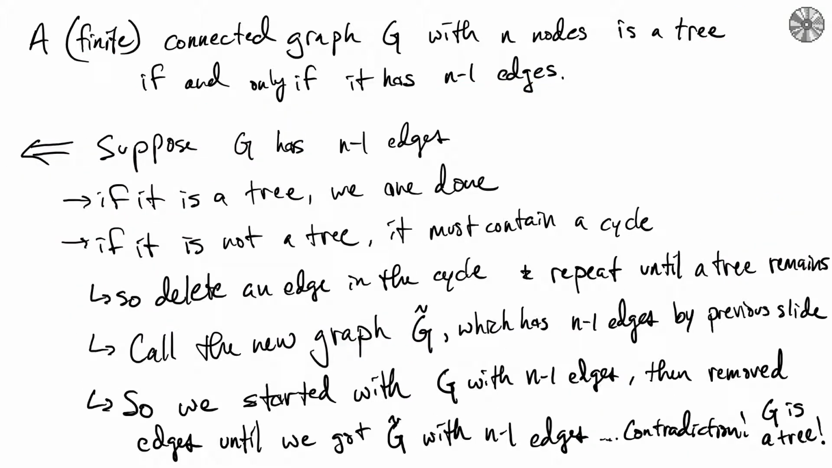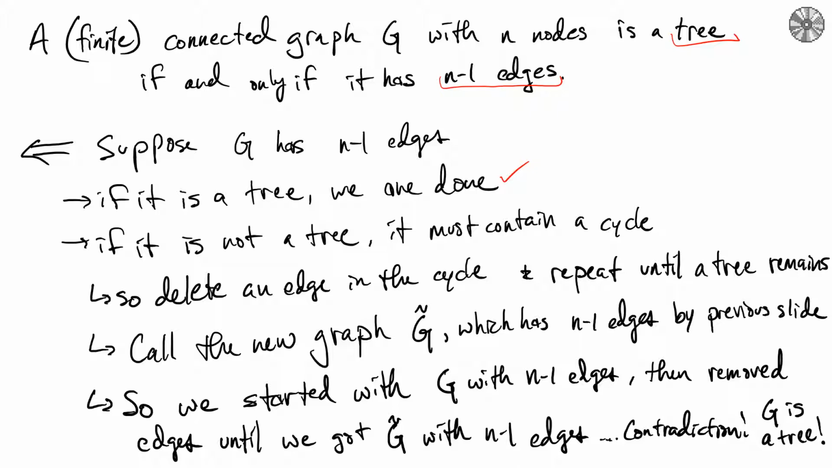Going now in the reverse direction, we're now going to assume that we have a graph with n nodes and n-1 edges, and we're trying to prove that it is a tree. All right, so if we suppose that G has n-1 edges, and it is already a tree, then we're done and we finish. If it's not a tree, if we're going to claim that it's not a tree, then it must contain a cycle inside